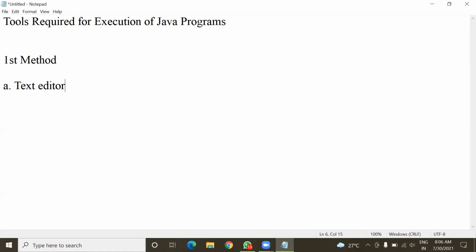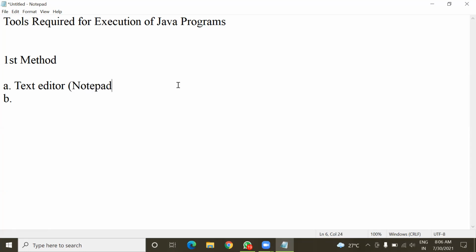Do you know text editor? Text editor is an application software where you can type your text and save it very simply. For example, here I am using one of the text editors and it is Notepad.